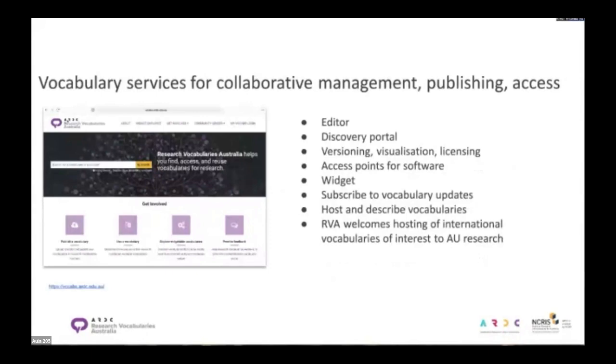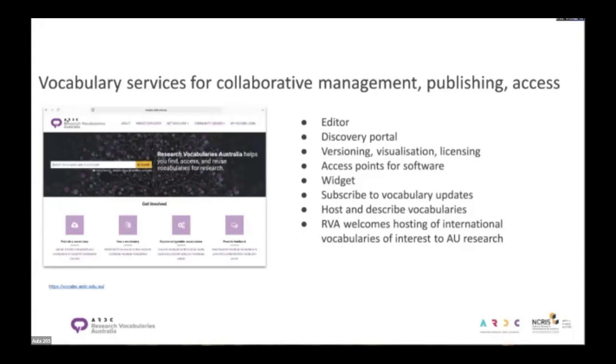In brief, these are the service components of RVA. ARDC provides software for editing vocabularies, a registry for hosting vocabularies, and a discovery portal for enabling access by people and by software. APIs and widgets for use of hosted resources by other services.